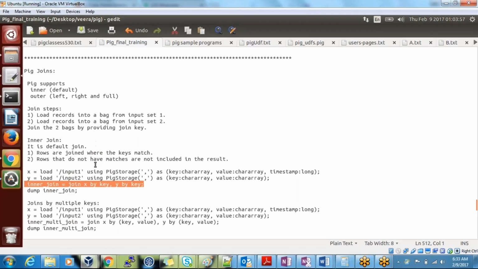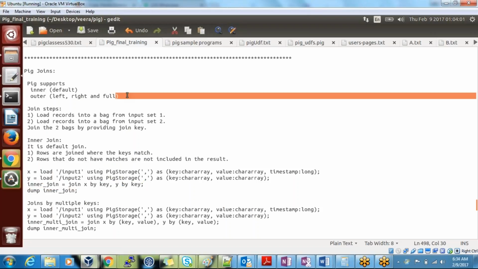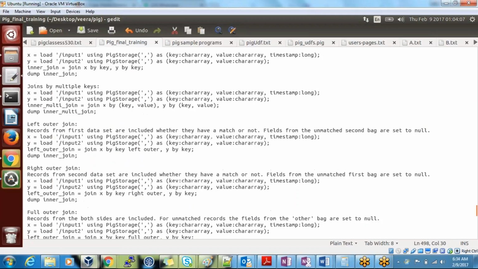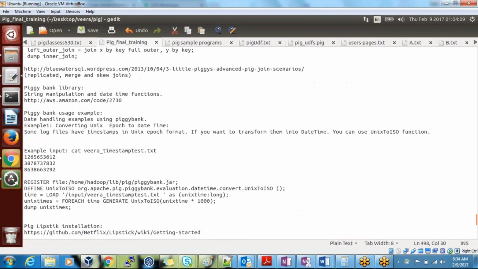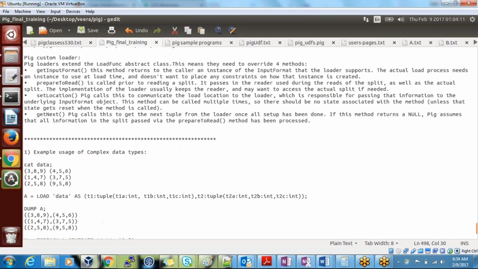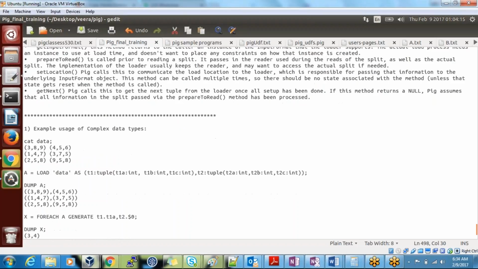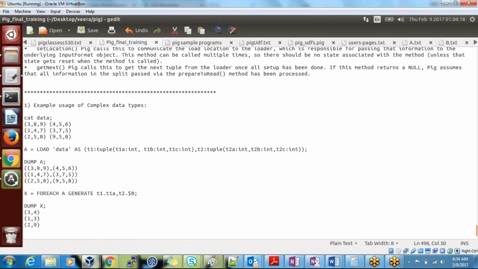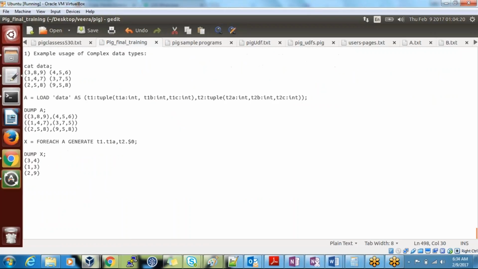We'll be looking into joins more. Not only these joins, guys, there is something called replicated join, merge join, skew join. These joins we'll be discussing tomorrow. Tomorrow we'll be completing this exercise. After that, I'll be showing you something different, the day after tomorrow, called UDFs. We'll be talking about that. Then we'll complete Pig.